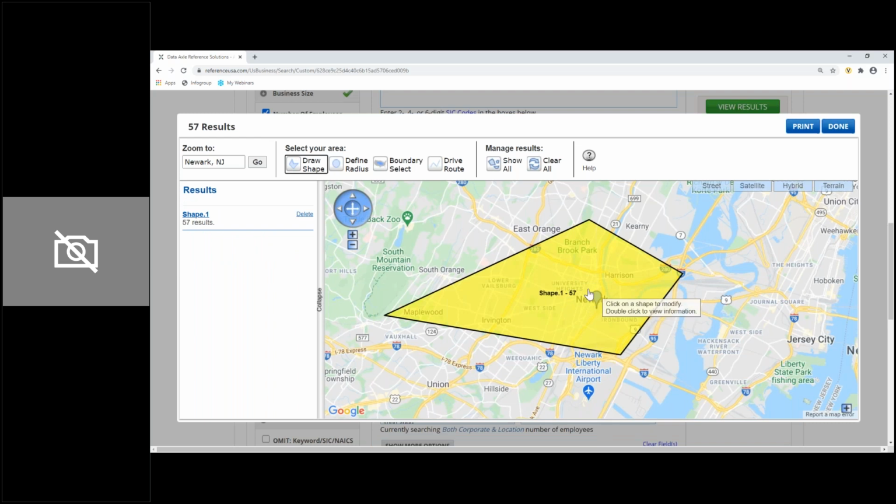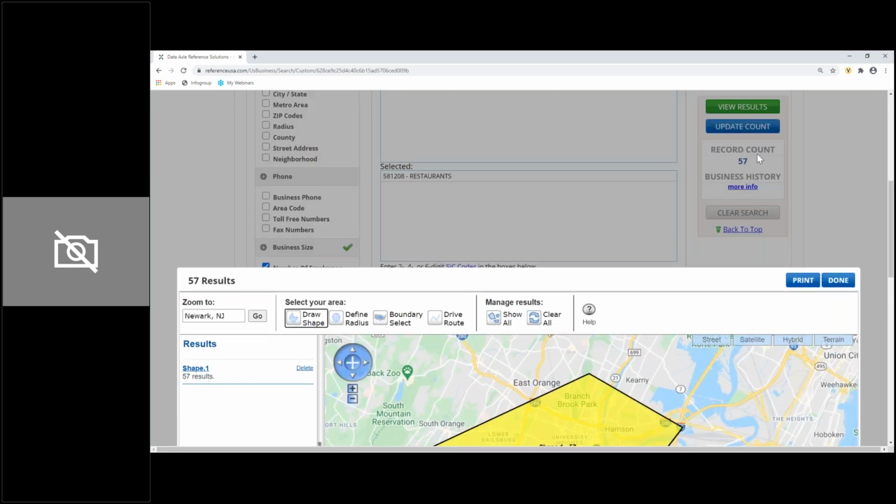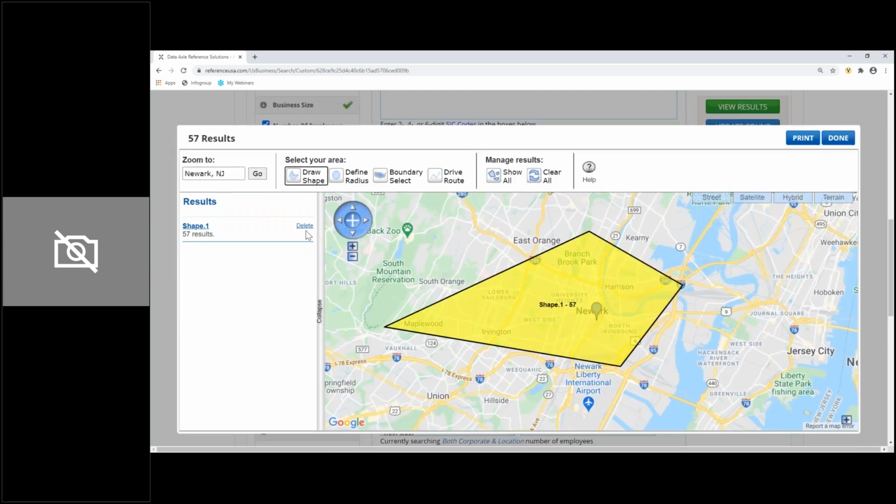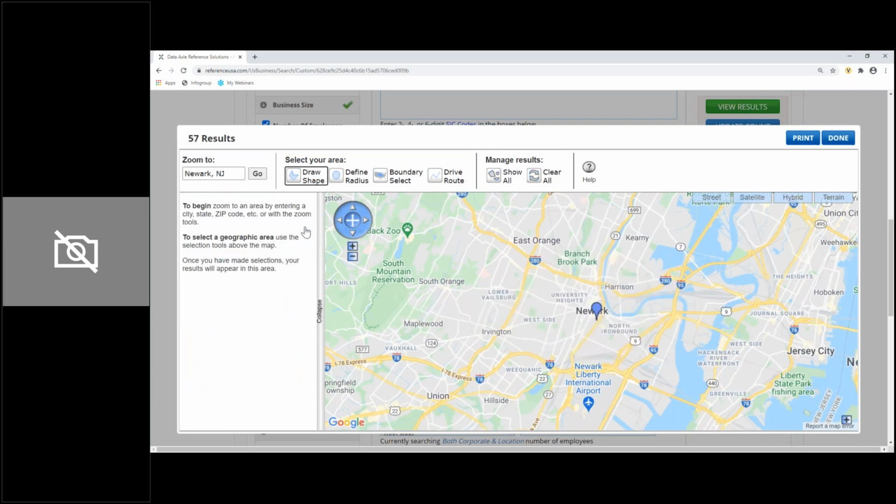and then it will calculate how many businesses are in that shape for me. If that's all I need, I would simply say done, and notice I'm ready to give you those 57 results. So it could be that simple. But in this case, I want to show you a few more options here. I can do a true radius search. And this radius, by the way,